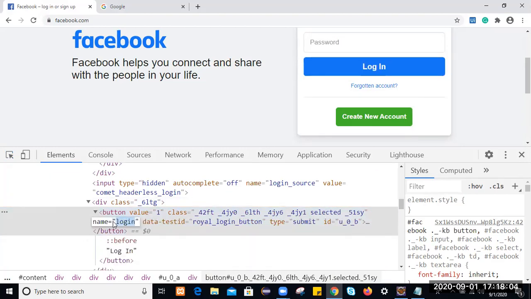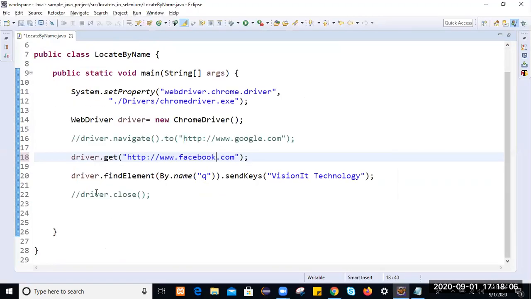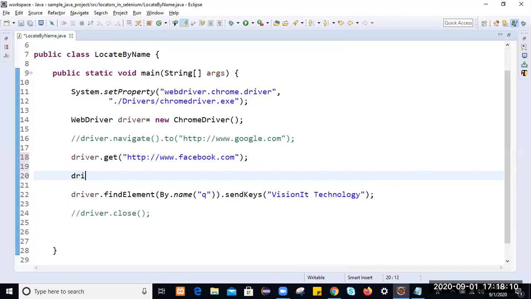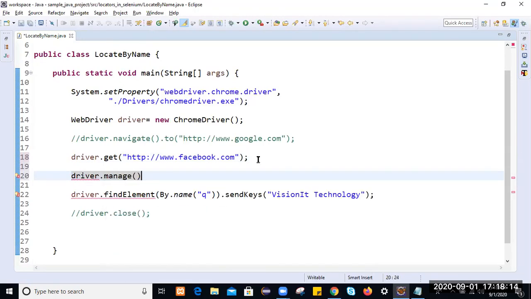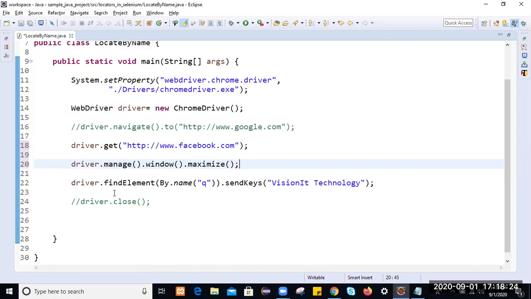So we'll navigate to www.facebook.com. Once we navigate to Facebook, we'll manage the window and maximize it. Once we maximize the window, we'll try to find the web element based on name.